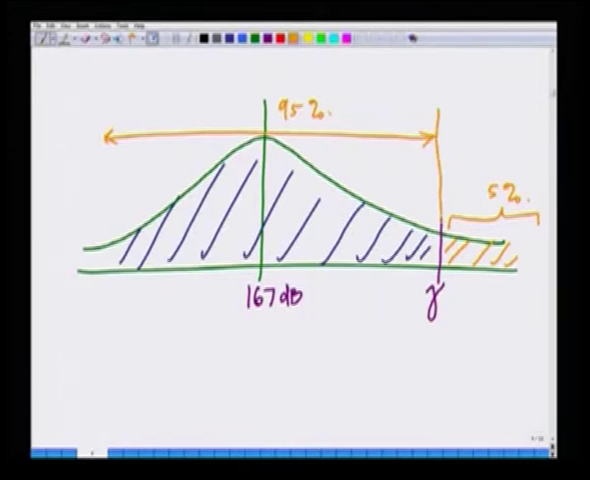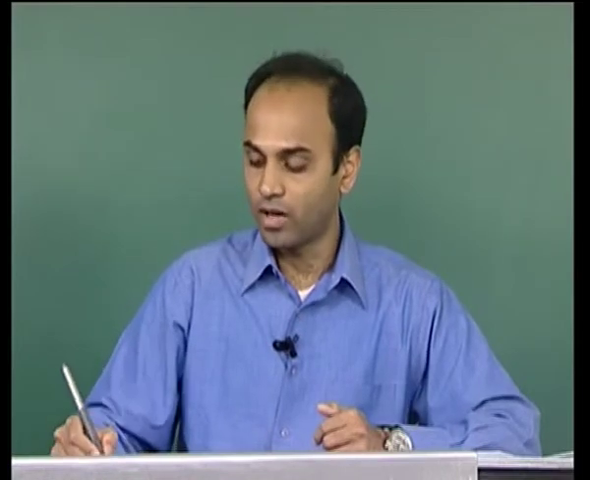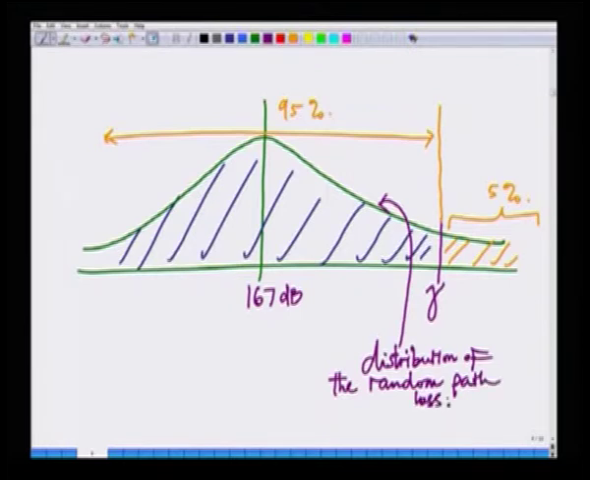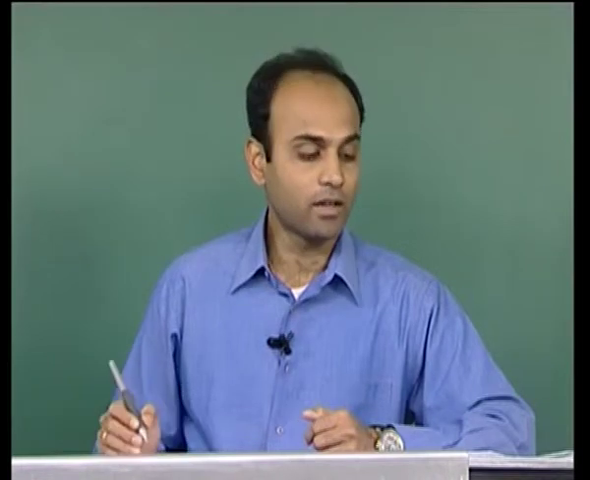So, if I were to draw this, 95% of the time it is less than gamma and only 5% of the time it is greater than gamma, because this is the path loss, which is a random variable, and this is the distribution of that random path loss. Hence, from what we have derived in our earlier discussion, we said that this probability that the